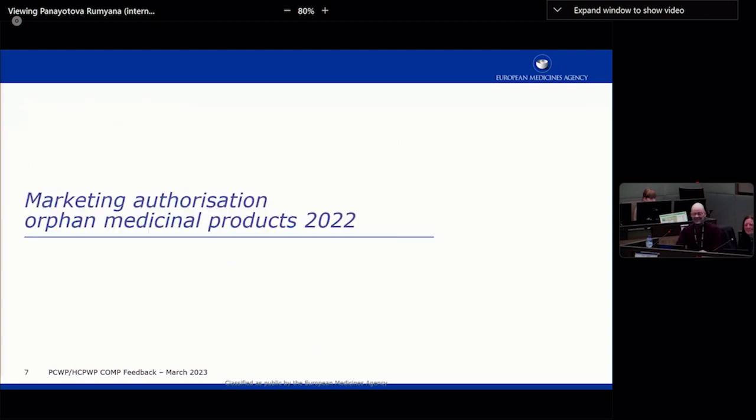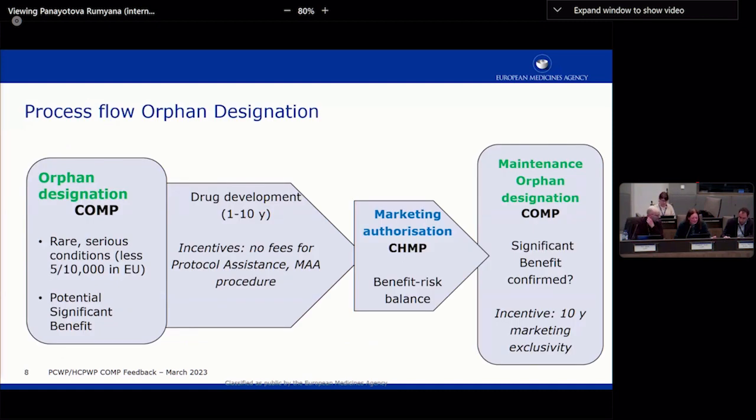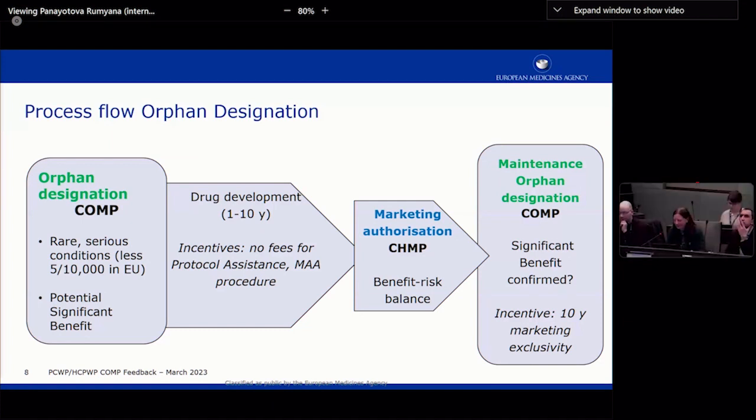Right, it's very short. But before I give you a list of the orphan medicine products that were authorized last year, next slide, please. Just a quick overview of how orphan designation is decided on by the COMP. Well, first, the COMP decides very early in drug development, might even be based on non-clinical data or very preliminary clinical data, and then they have to decide on the condition. It might be a challenge in itself, because it's before the drug development continues in the marketing authorization for the final therapeutic indication as established by the CHMP.